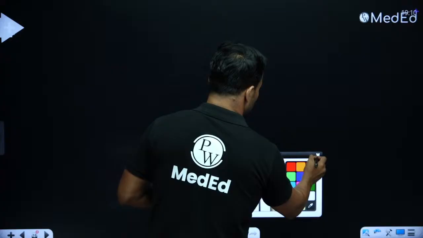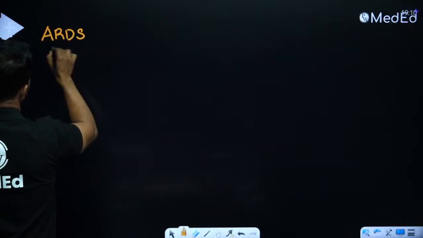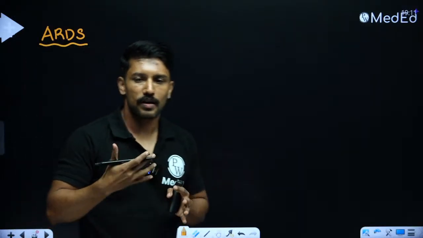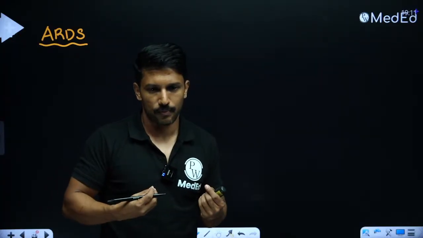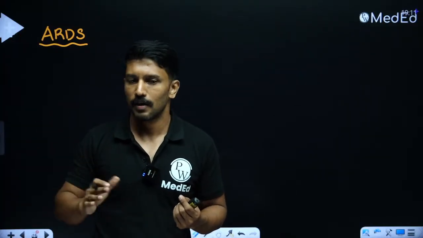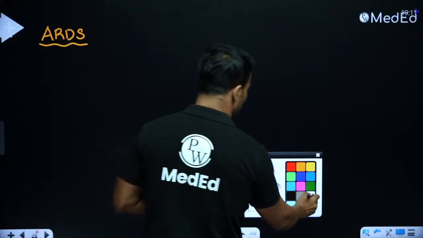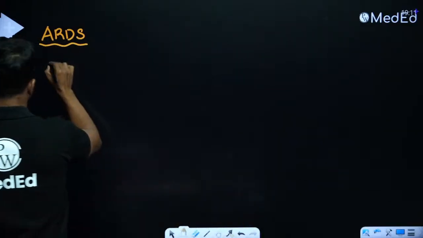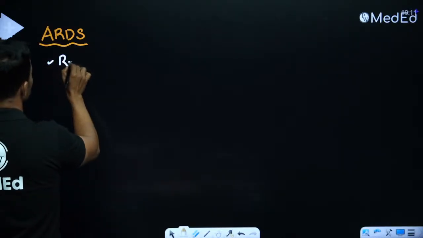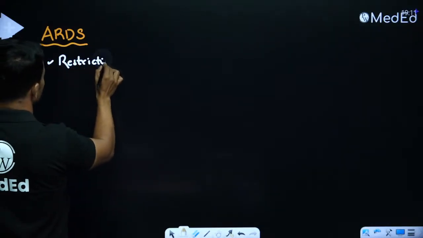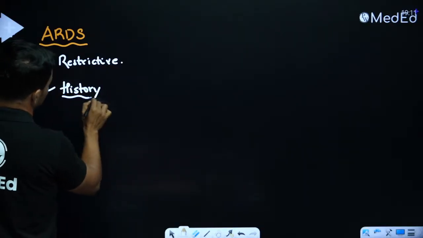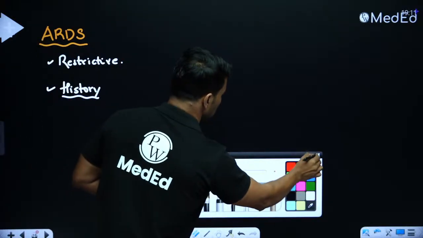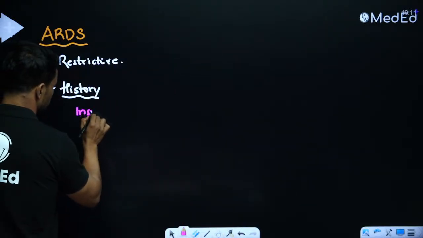Now another important respiratory disorder that we have to recognize from the question is ARDS. Many of you know that ARDS is also called non-cardiogenic pulmonary edema. Here patients develop pulmonary edema, that is collection of fluid in the alveoli, without a cardiovascular cause. So how will I recognize that the question is talking about ARDS? First thing, though it is of course a restrictive disorder, generally PFT will not be mentioned. It is mainly the history that helps you recognize ARDS. What will be the history? History will mention some insult in